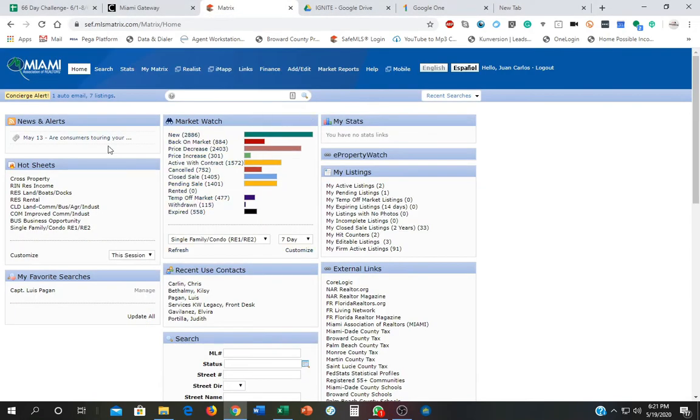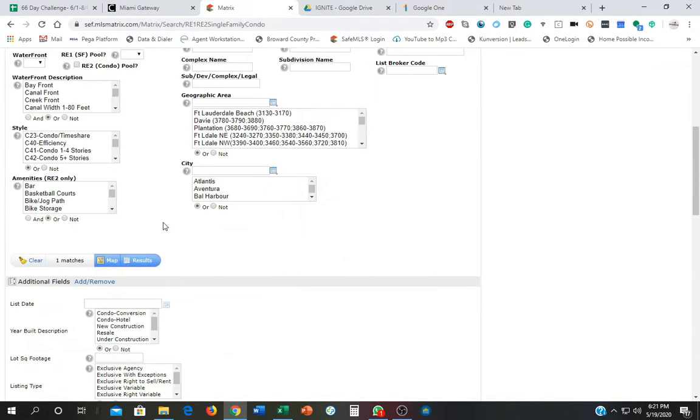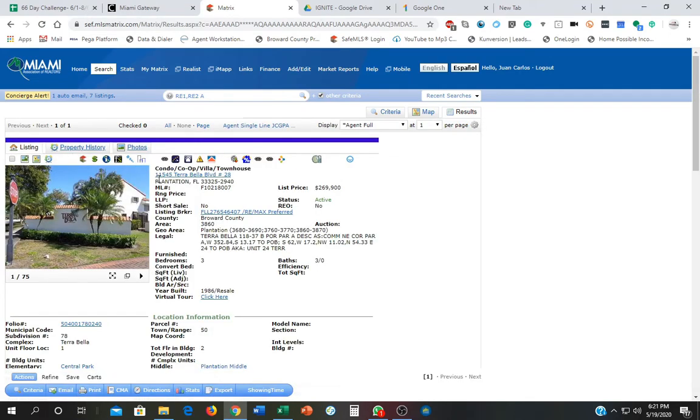So the first thing we're going to do is search for this property, which I have already picked. The property address is 11545 Terra Bella. This video is being recorded on May 19th, 2020. So if you have access to the MLS, you can access it and see that the property is live. So this is the property. 11545 Terra Bella Boulevard. It's a townhouse, 3-bedroom, 3-bath, listed at